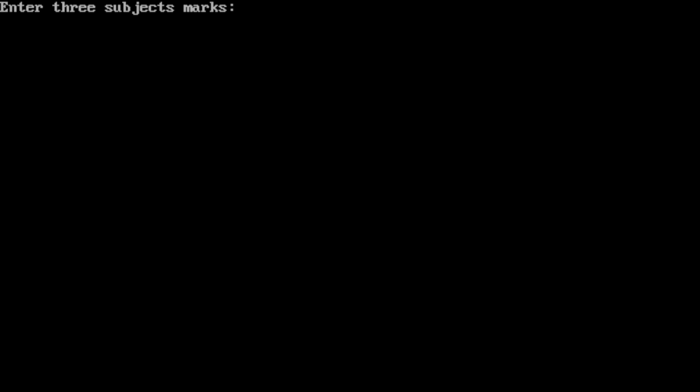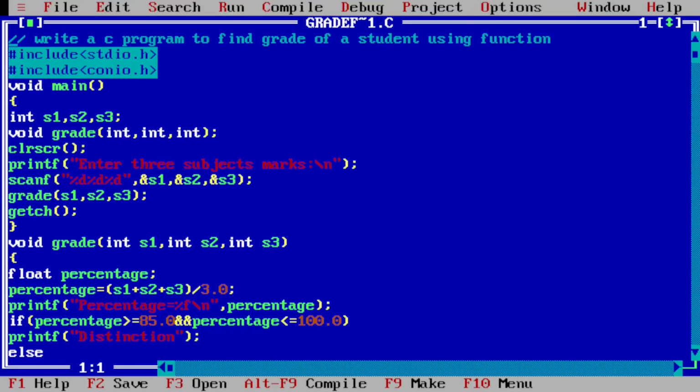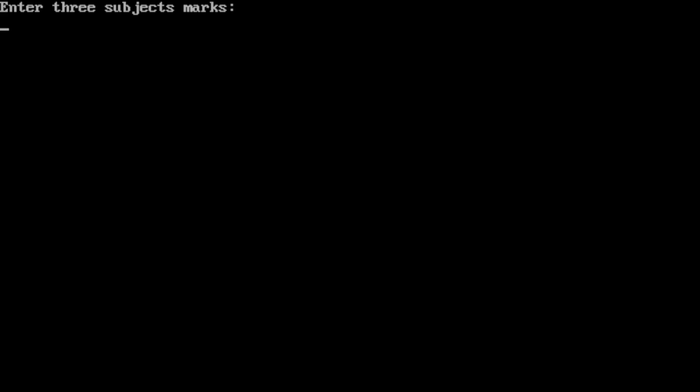Again I'm going to press Ctrl F9 and now I'm going to enter, for example, 50 and above 50 marks, then enter. Here you can see it is showing percentage 52.000000 and the grade is second class. So this is also working perfectly fine. Next we'll go for pass class. So pressing Ctrl F9, once again we are going to run this program. Now I'm going to enter below 50%. For example, I'll enter 40. Next, here I'm going to write